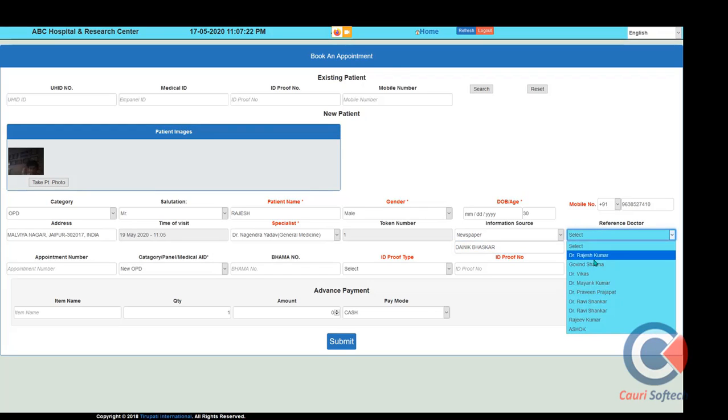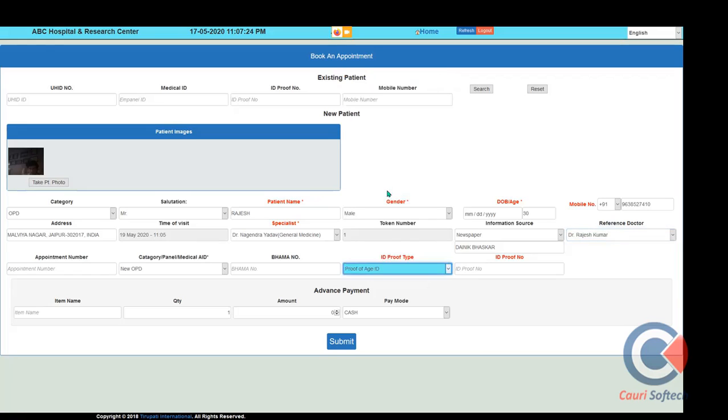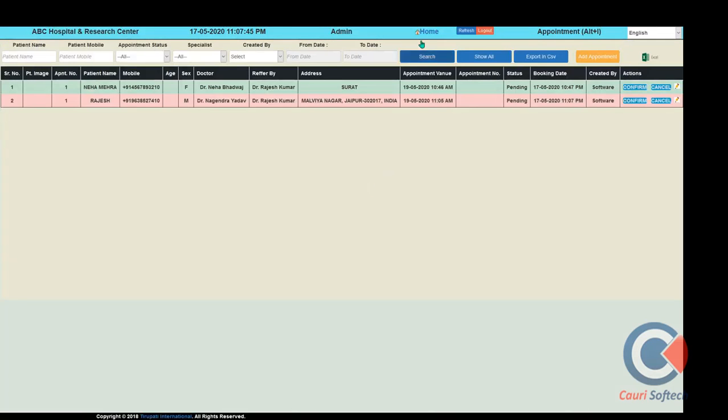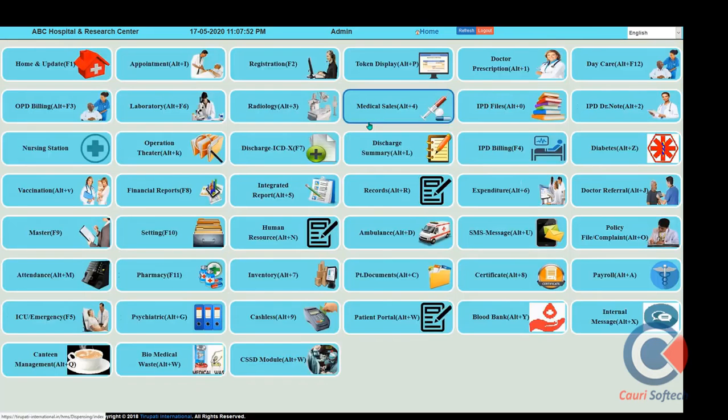Then if any referring doctor advised about our hospital, we can select that doctor and give the incentive on the total collection. After this, if you make payment online, that payment will be received directly in the hospital account. That will also be considered, and the appointment is created successfully. At the same time, the patient will get an SMS reminder confirming the appointment, and a reminder will also be sent on the specified date when the patient has to come. This way, the appointment screen will maintain the hospital's appointment data for the various doctors.